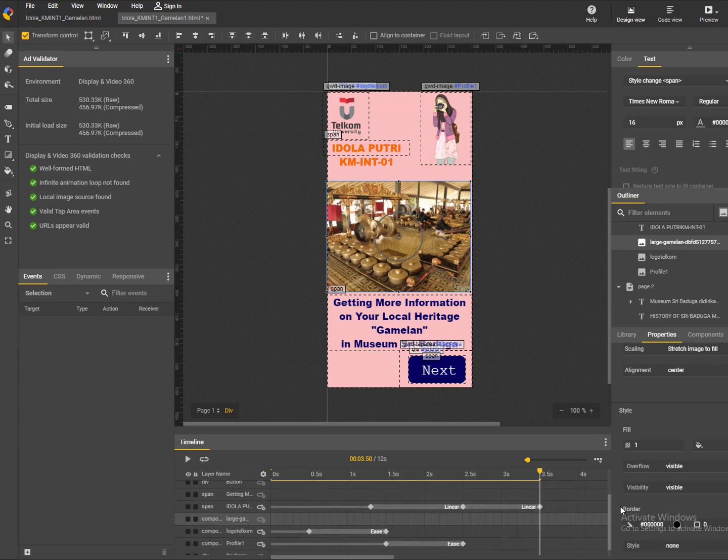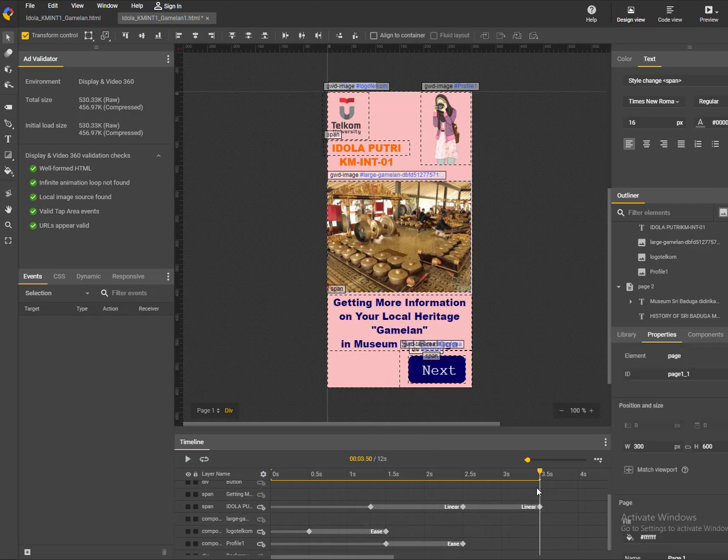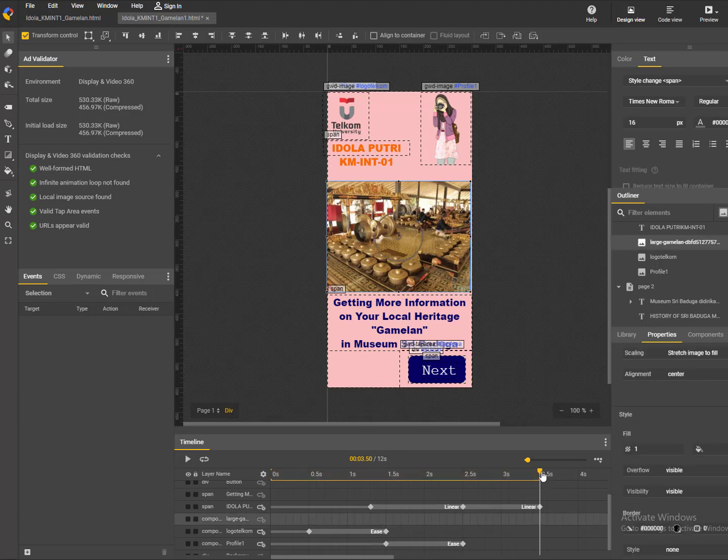So I just continue making an animation, how it's going to be animated in my advertising banner. Okay, so if you have a limited base, you can just drag it and then put in the right amount that you want to.